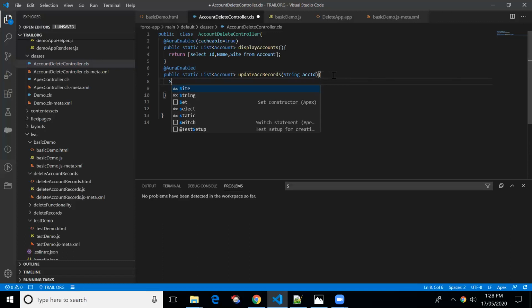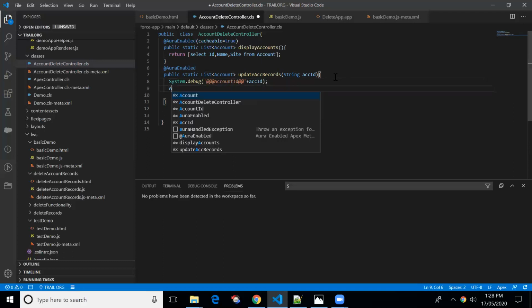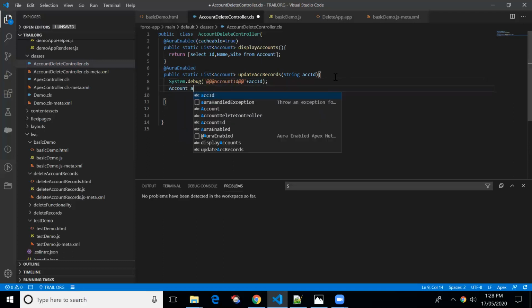Let me put a system.debug. If something goes wrong in between, then we'll check the system.debug logs. So accId. We'll be updating only one record at a time, so we don't have to write a list.